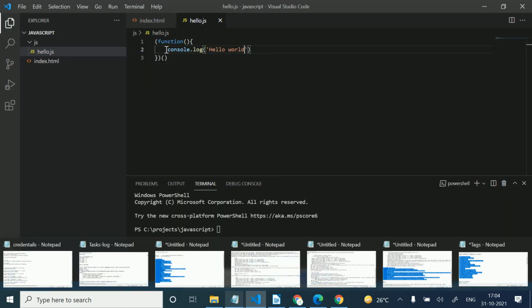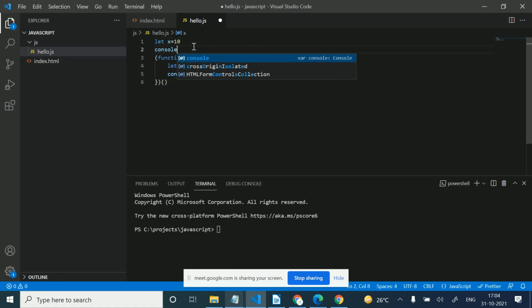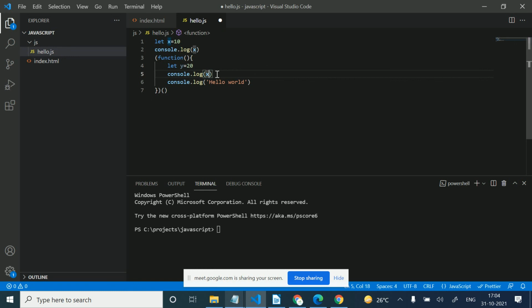Like I have a variable here, let x is equal to 10, and let y equal to 20. This is the variable. So now I'm going to console.log x and console.log y.